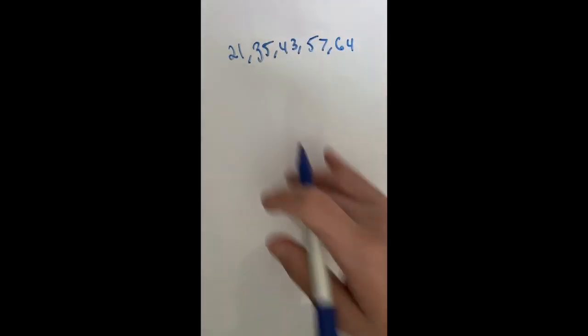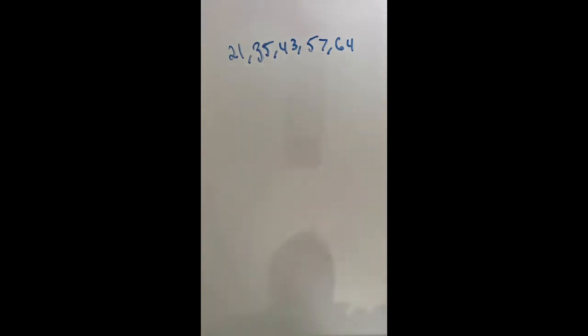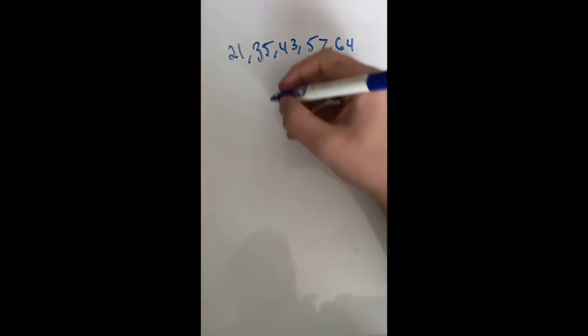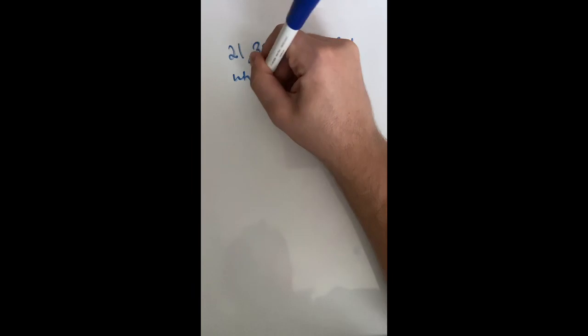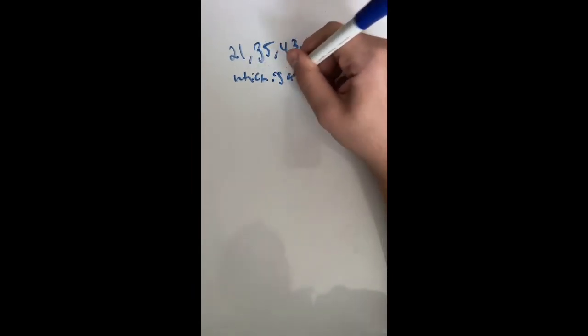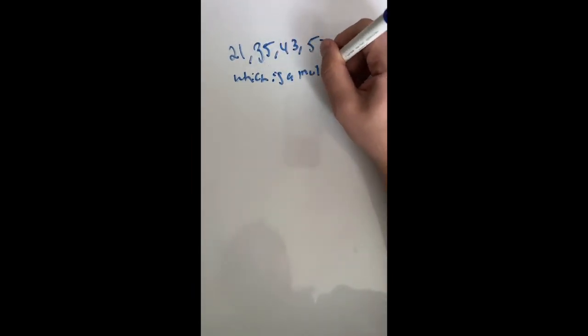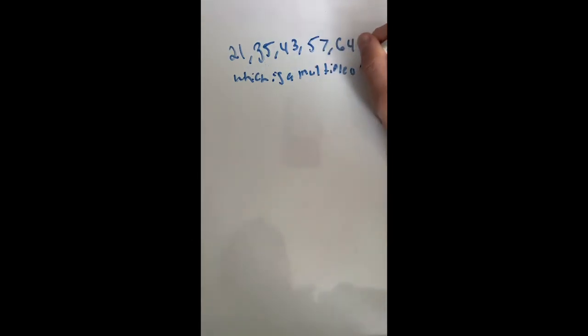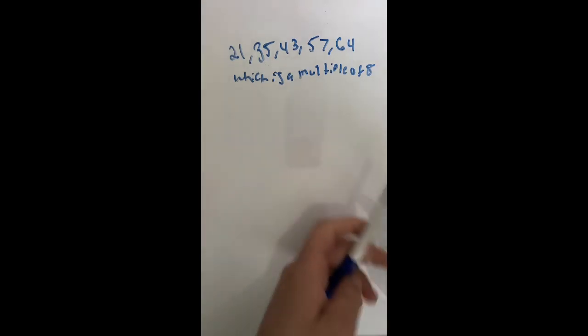And I ask you, which of these is a multiple of 8? Now, some people thinking right now probably would say they already know that it's 64 because they know